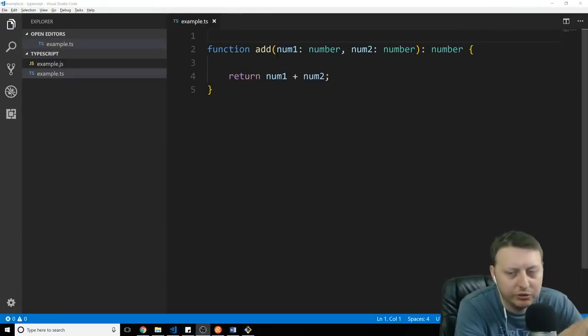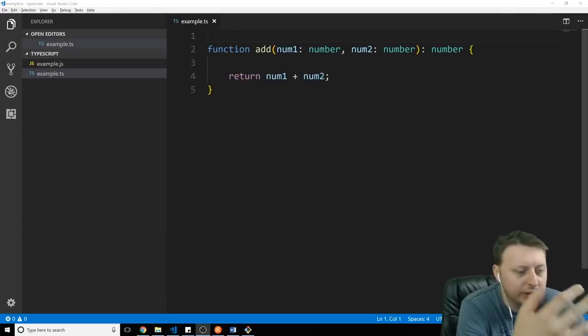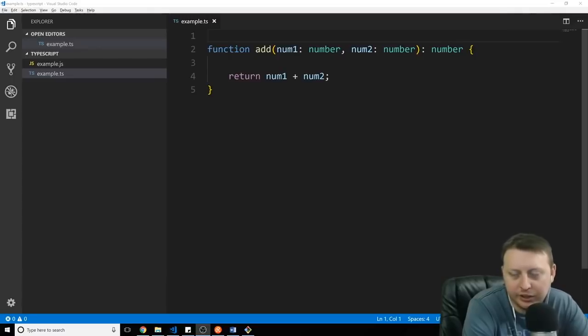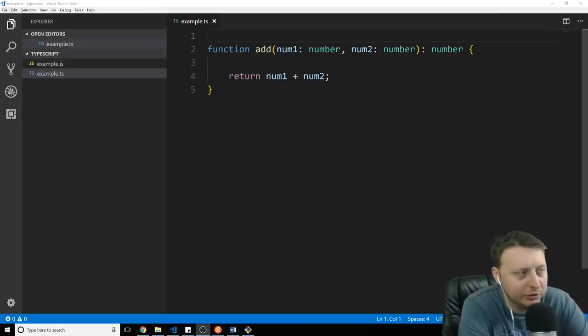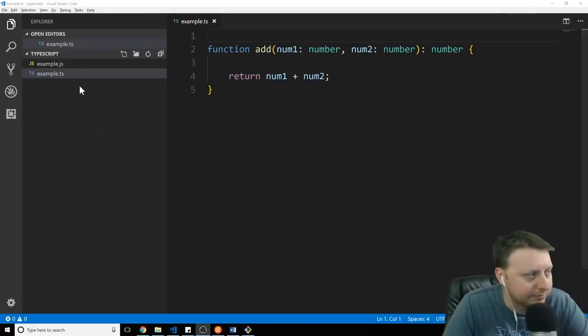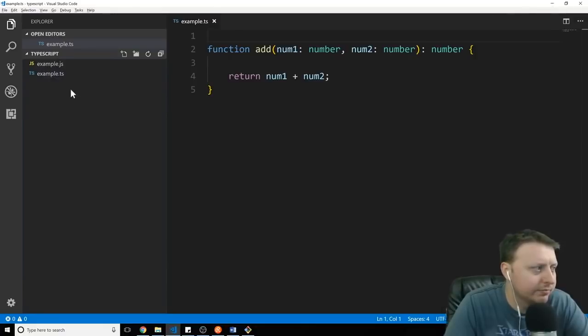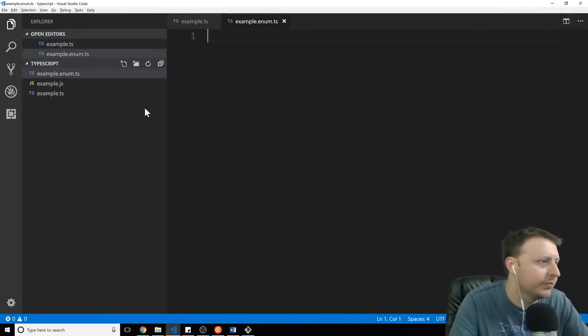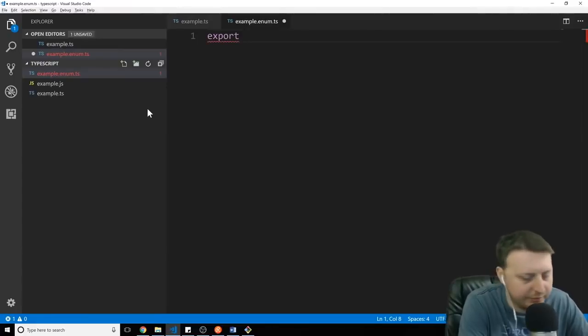So enums are something that's new to JavaScript, where, let's say we wanted to store a set of data that reference something, and we wanted it to be the same throughout the application. One way that we might be able to do that is with a number or a string enum. We're going to go ahead and create a new file here, and we're just going to call this example.enum.ts, and we're going to export here an enum. What are we going to call this? We'll call this our nums enum,